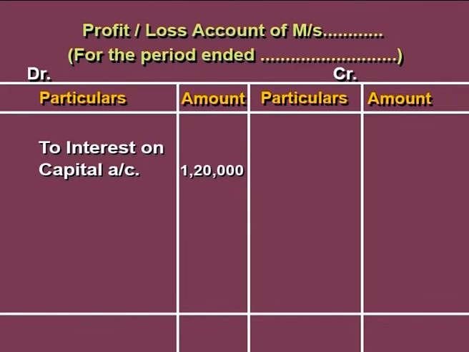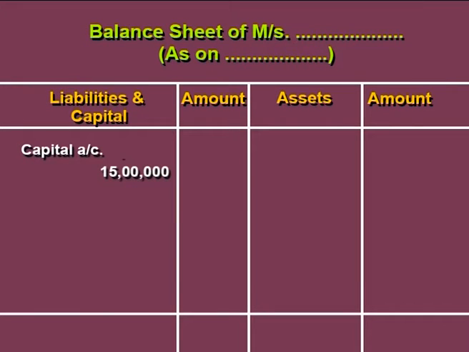The final accounts will appear like this after giving due effect to this adjustment. As you can see, in the profit or loss account, on the debit side, we have mentioned interest on capital account in the particulars column, representing an expense, and the amount of 1,20,000 has been shown in the debit amount column. Moving ahead to the balance sheet, what you can observe in the balance sheet is the capital account